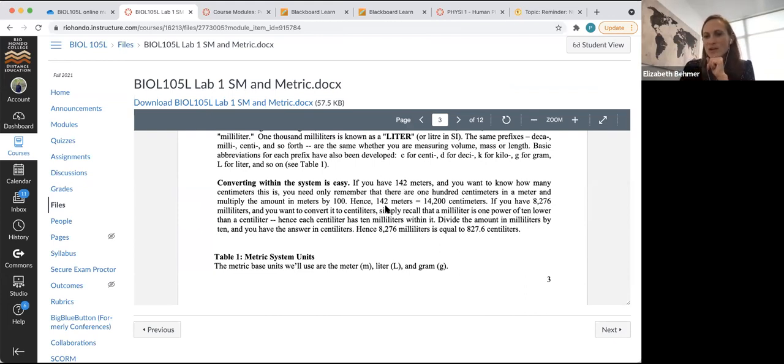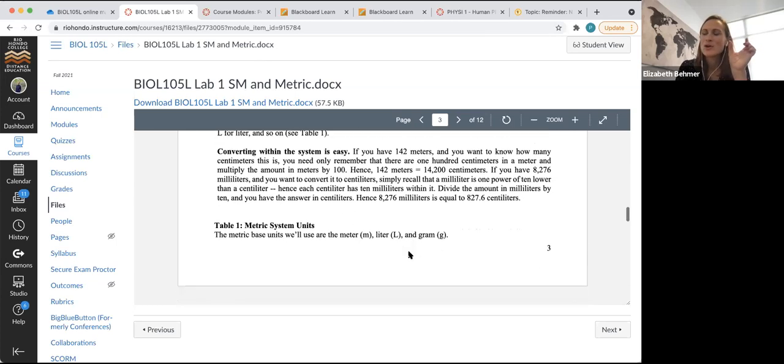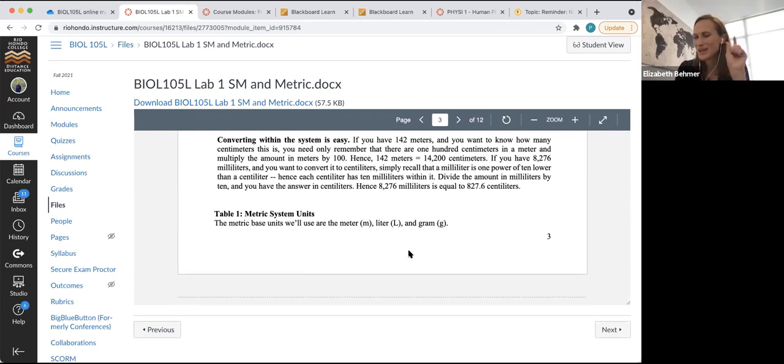So 142 meters is 14,200 centimeters. If you have 8,276 milliliters and you wanted to convert it to centimeters, you simply remember that a milliliter is 1 power of 10 lower than a centimeter. So I'm going to show you an easier way to convert between these in 1 minute,